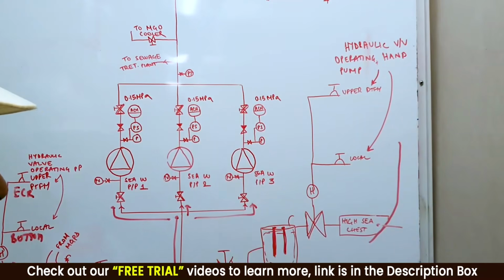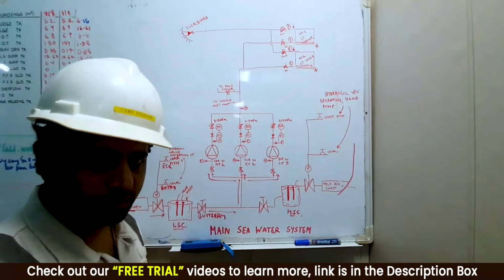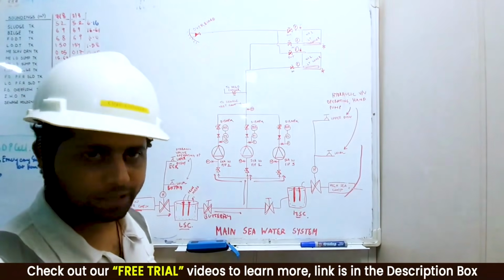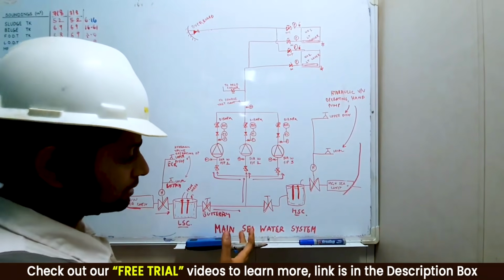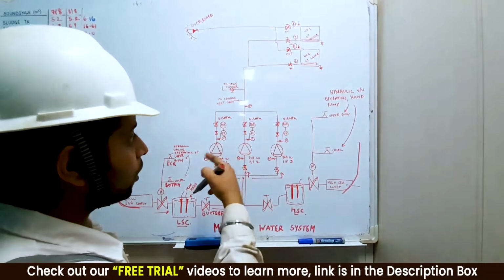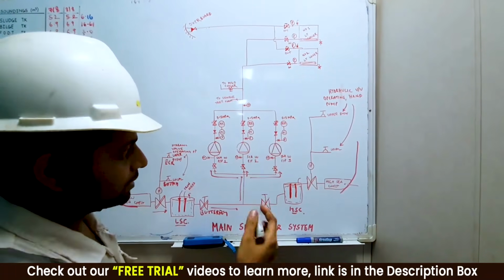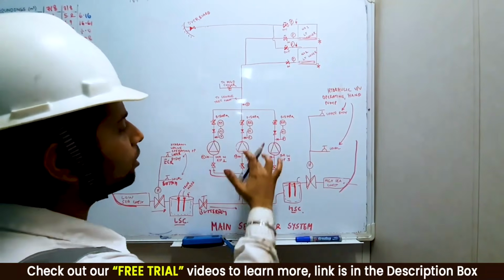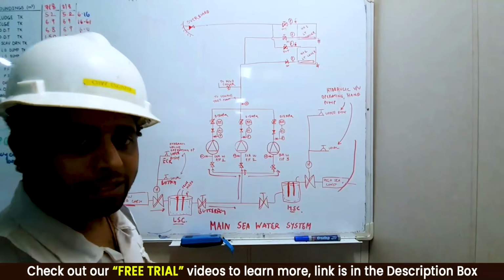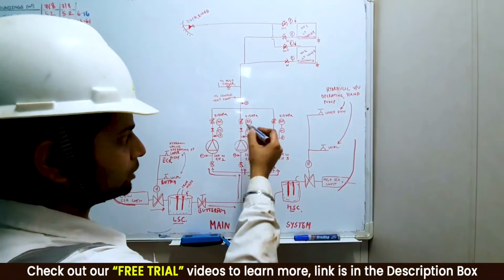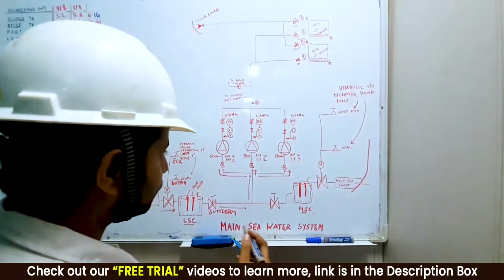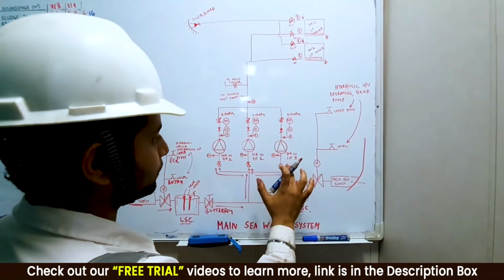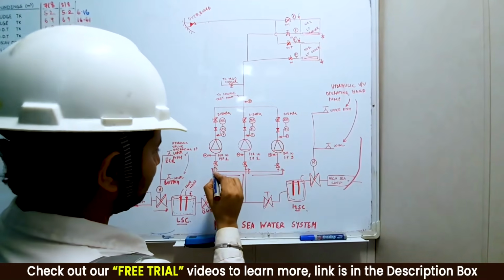Now, always remember, normally in a main centrifugal pump, we always keep the suction valve open. We never close the suction valve. Copy it, guys? And when it comes to the main seawater system, it's a critical system and it's an automated system. I'm going to discuss that later. So in that case, we keep all the valves of these pumps open all the time. In case one pump stops or pressure drops, then automatically the standby pump should start, right? So what happens is this valve is open, this valve is open, this valve is open, and the water is